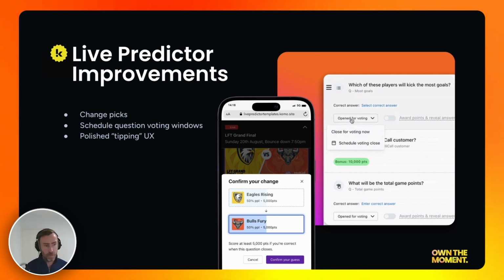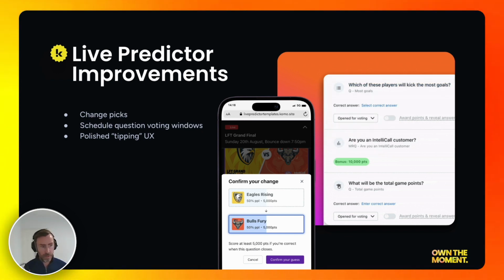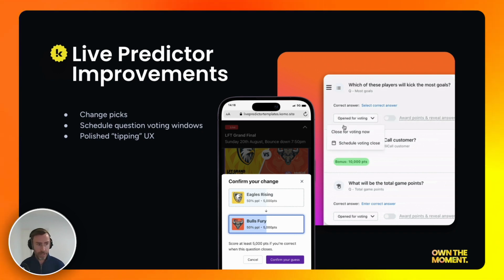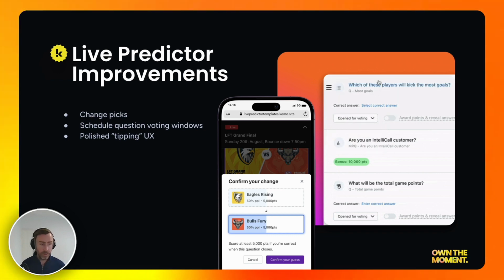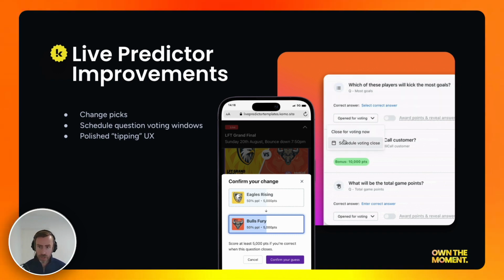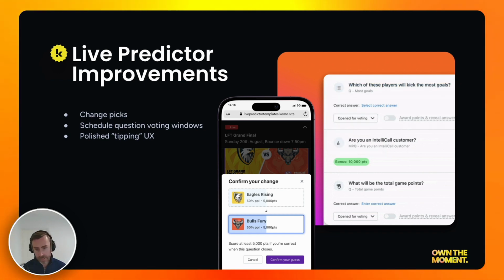This month we focused on a couple of key features to make that more advanced use case more robust, and in particular to make our capabilities around tipping and sports tipping much better. We've shipped a feature where users can now change their picks.